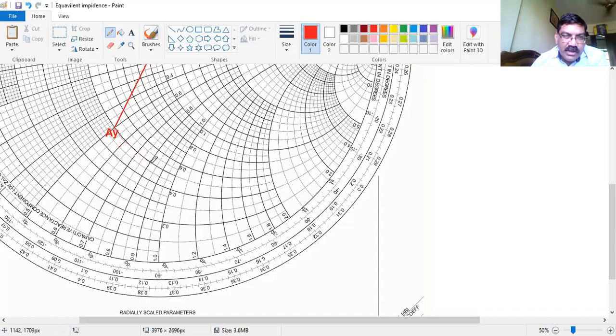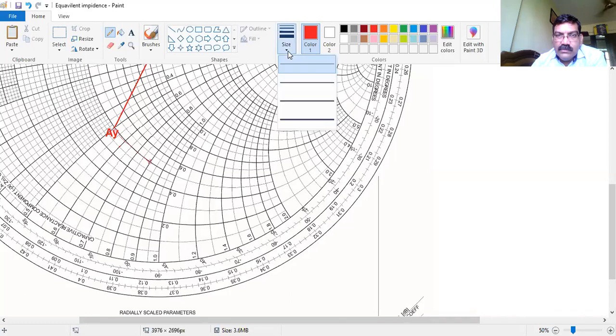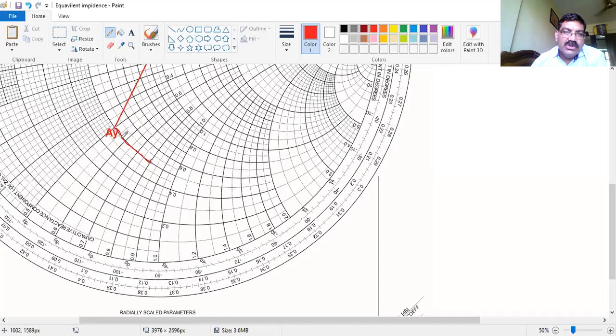Okay, so it will go 5. Here. Just take a thick line. I hope it is visible. Okay, so this is by the free hand. That is we have to overwrite on the Smith chart. This is 0.5, then we have gone 0.1, 0.2, 0.3. So 0.5 plus 0.3, this is 0.8. We got this minus 0.8. Okay, so this is this point.